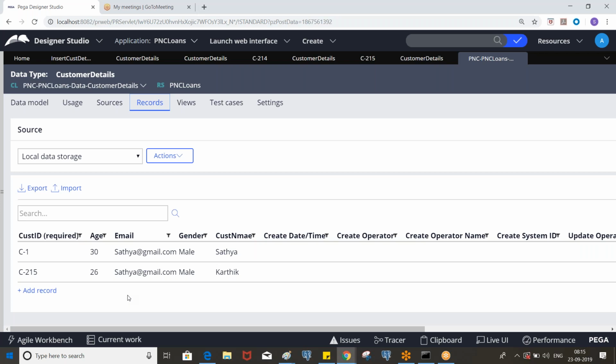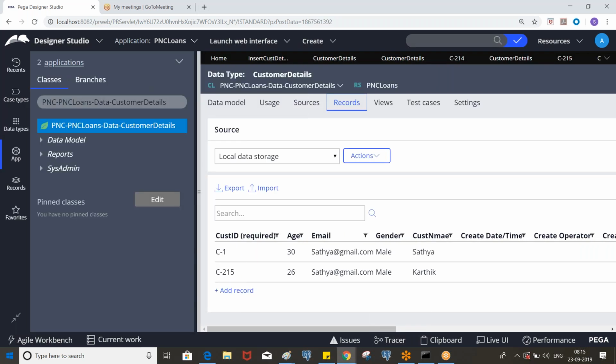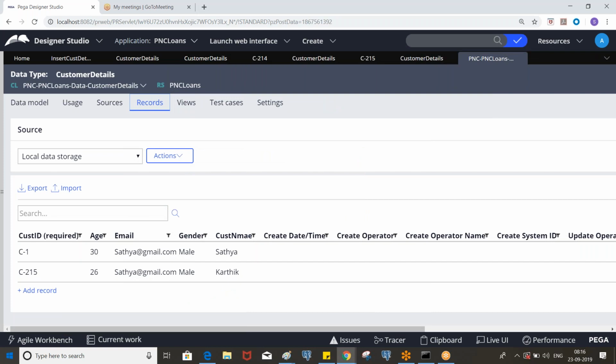Clear? Satya, one doubt. While invoking the flow, why did we uncheck that option? Because when you click on submit, the commit operations are handled by PRPC. You see the work data is getting stored in the database table, so internally PRPC is committing the data.